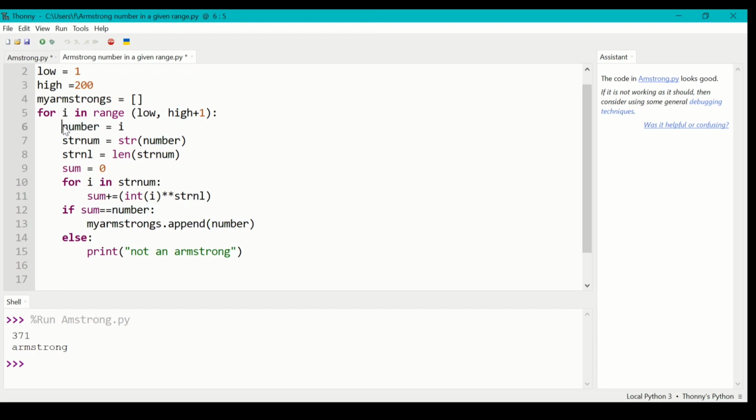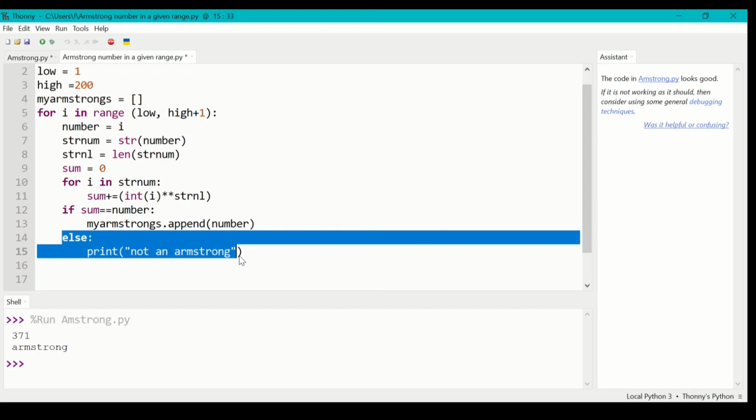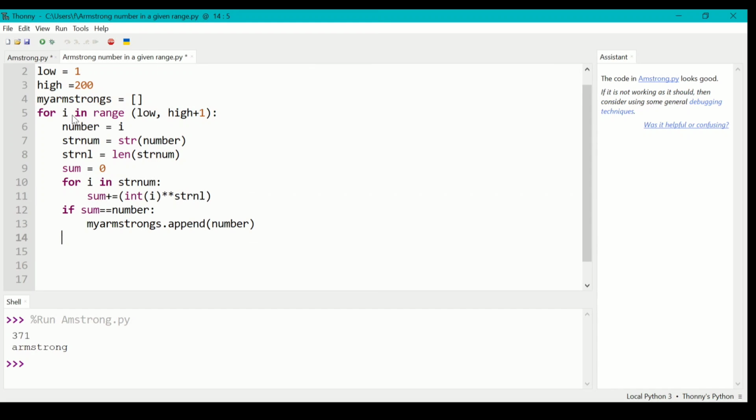If this number is Armstrong, then only it will be appended to our list. I hope you understand. If the condition is not satisfied, then nothing happens and I iterate to the next number. That job is done by the for loop; no need to do any extra things. So let me check